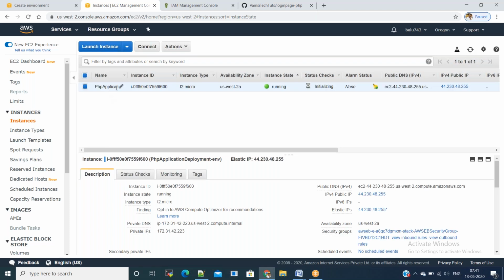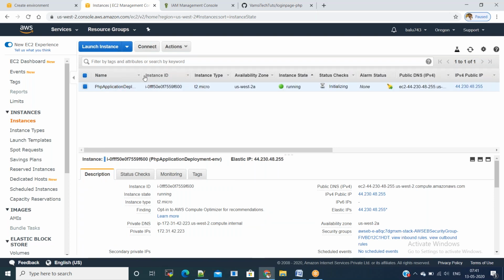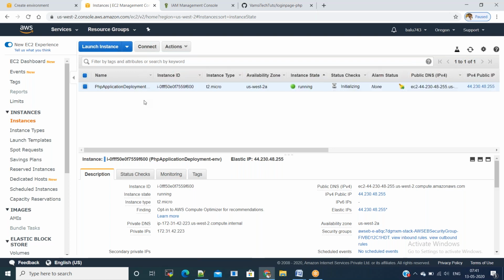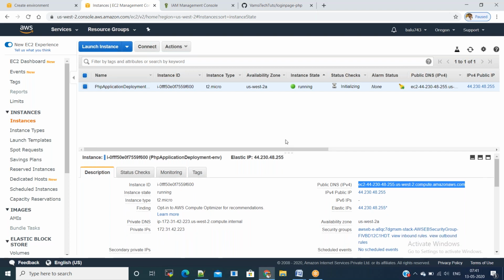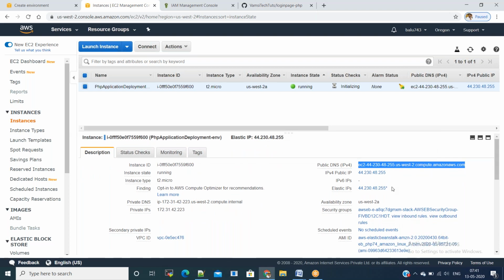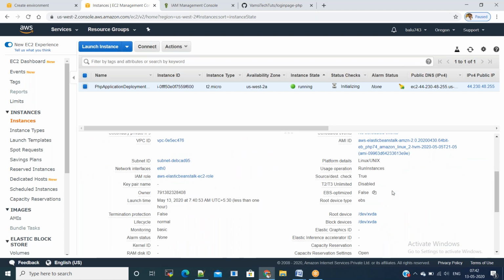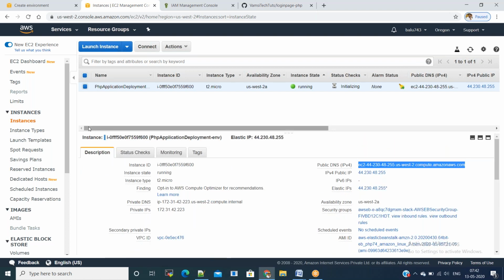See, there is an EC2 instance which is getting created with the Elastic Beanstalk application name. We'll see whether we got a DNS name for this Elastic Beanstalk or not. Once we have a DNS name, we can access that sample application, and then we can proceed with the next thing. This is like a regular EC2. You will get Elastic IP, public DNS, everything.